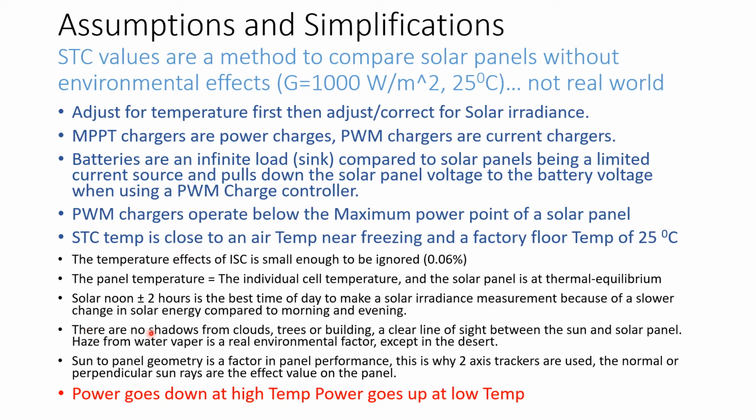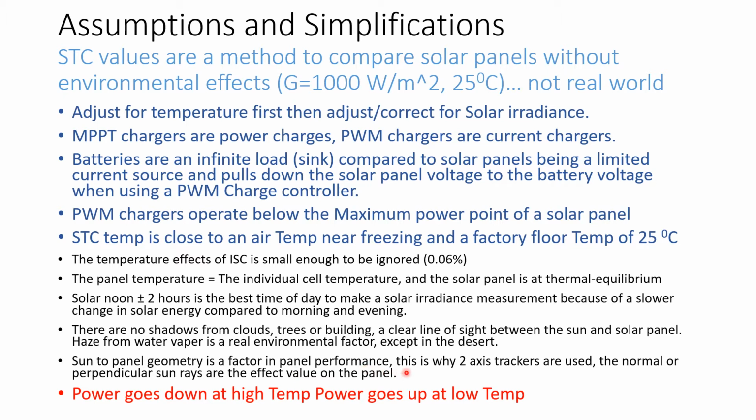I'm also assuming there are no shadows from clouds, trees, or buildings, and a clear line of sight between the sun and the solar panel can be established. Haze from water vapor is a real environmental factor, except maybe in a desert where the air is much drier. Sun to panel geometry is a factor in panel performance. This is why 2-axis trackers are used in solar farms. The normal or perpendicular sun rays are the effective value